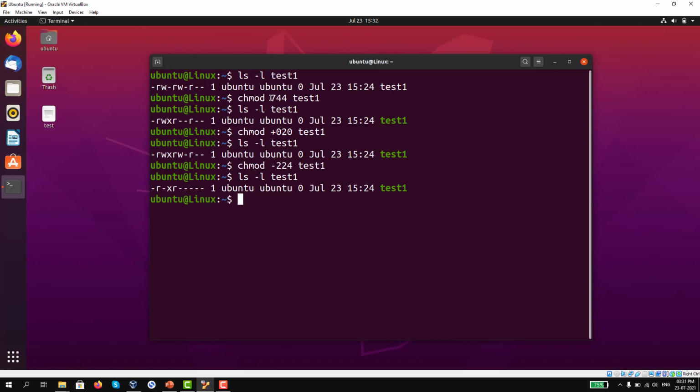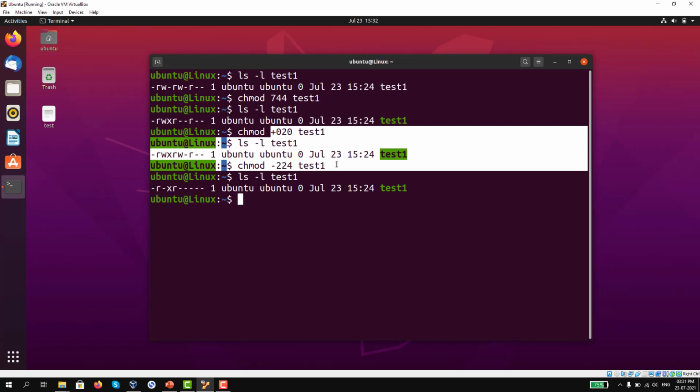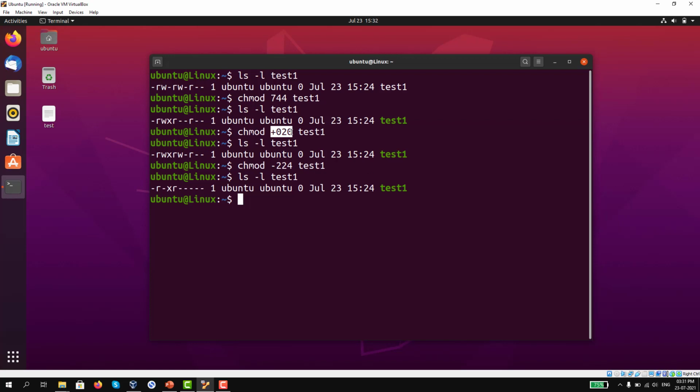The first one sets new permissions, but in the next two cases it will modify the existing permissions, meaning it will add to already existing permissions, or it will remove permissions from already existing ones. In this case, it will completely neglect whatever permissions the file already has. Suppose I add chmod 777, it means read write executable permission for user, read write executable permission for group and read write executable permission for others.